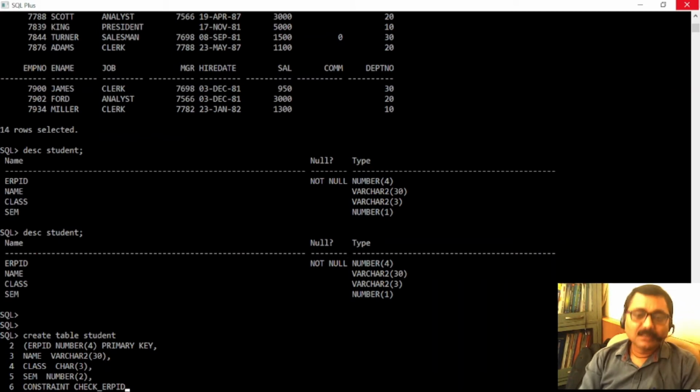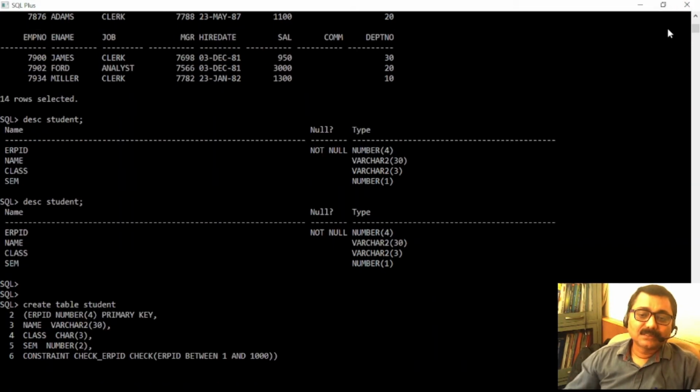So I am taking ERPID, then I need to write check. Then what to check? That is ERPID. And then I will write between 1 to 100, or you can say 1000. What I've done, I have created a check constraint.